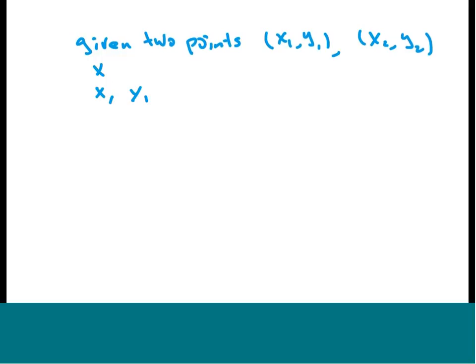So x, y have to make the same column, same row when x, y equal x1, y1. So you have the same thing here. So when this is set to 0, it's going to be the equation of the line. Okay. So same thing if you have